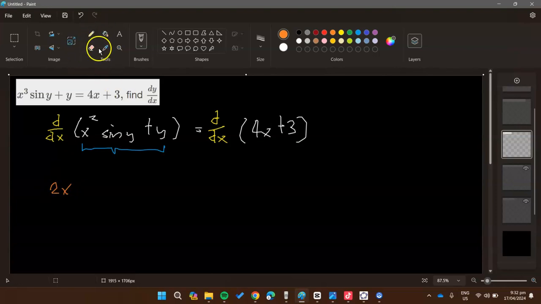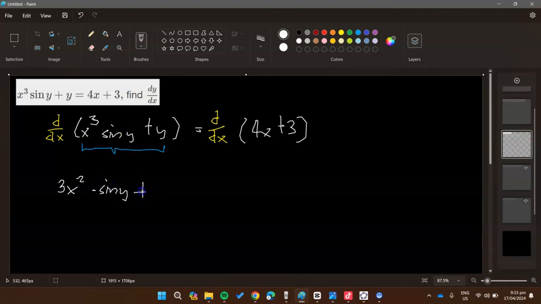Wait, this is x cubed, so this is 3x. Let me just correct that. Oops. So this will be 3x squared, and then multiply by the second, which is just sine y, plus, again we are differentiating y, so